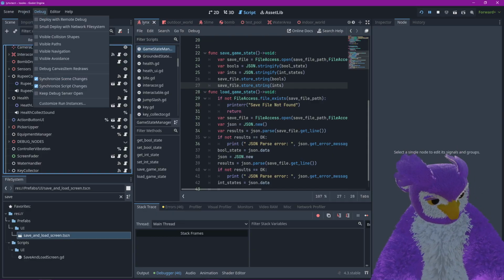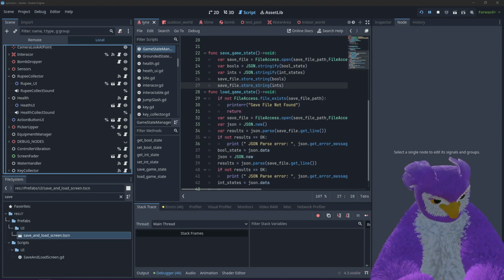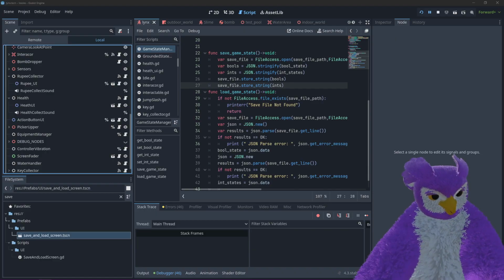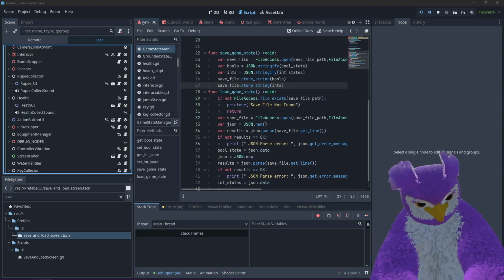What is the actual user path? So it should be